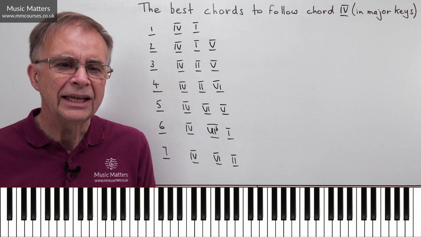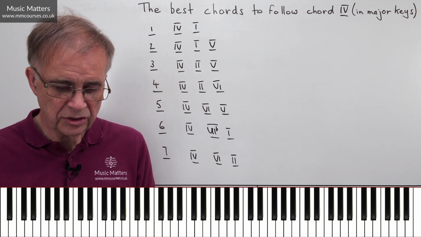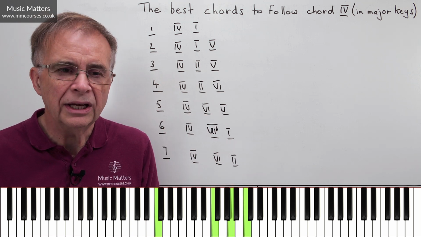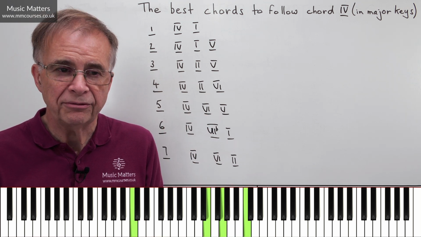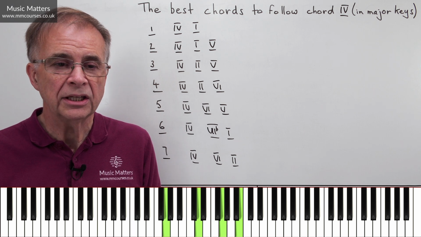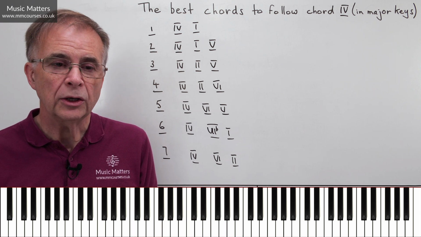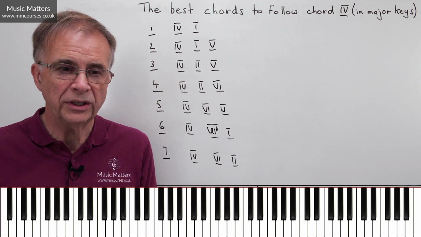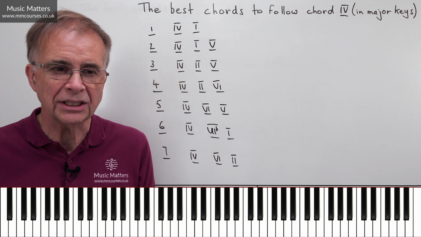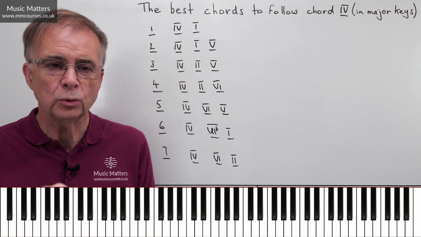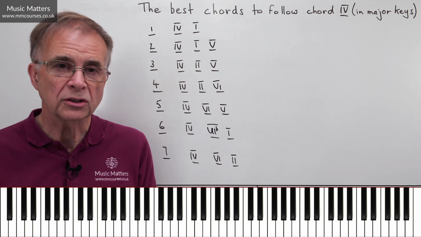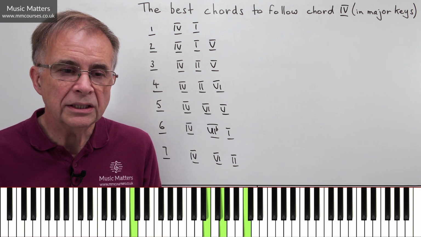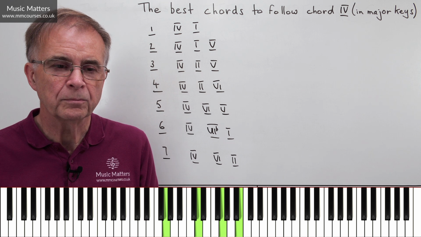Option 2 is going 4 to 1, but then it's going on to 5. So I'm using the 3 primary chords. I'm going 4 to 1 to 5, and that's another strong progression. So 1 to 5 is a different kind of cadence from the 4 to 1 cadence we were talking about initially. But if you go 4 to 1 and then to 5, that's quite a nice way of approaching this other cadence. 4 to 1 to 5.